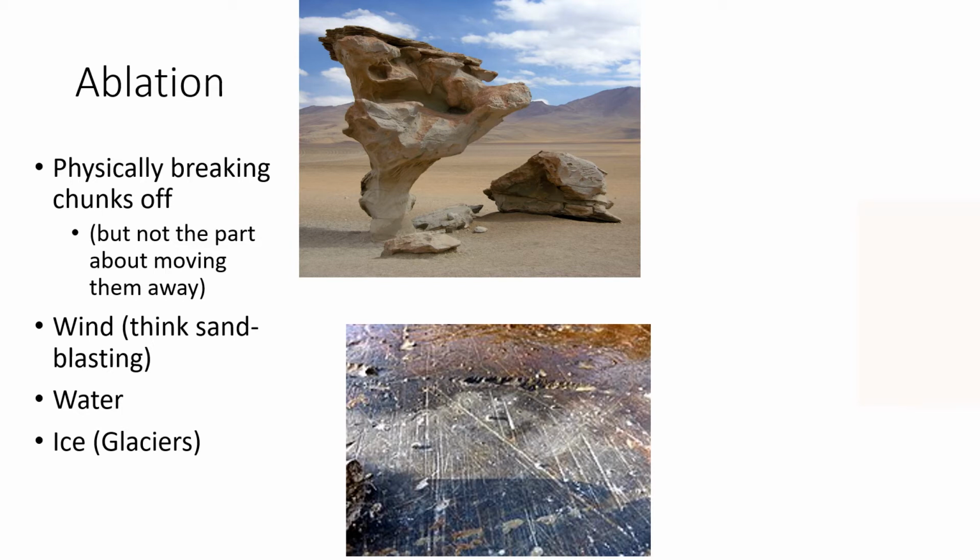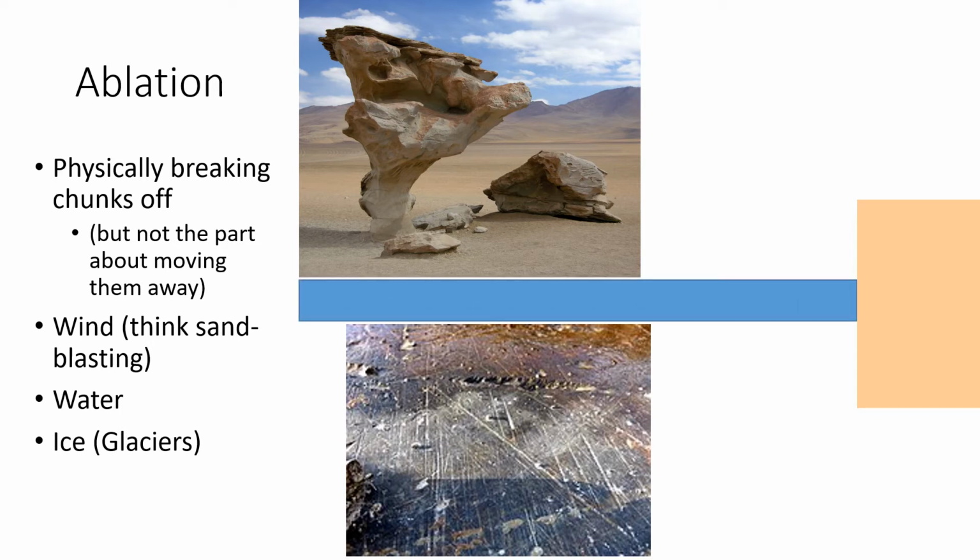So, a little animation here for the water part. Consider this to be like a big piece of rock. It's sitting there minding its own business, right? But we've got water flowing here. Remember that water we did on the slide a while ago? We put particles in it, and those particles are getting moved away by erosion. But while those particles are screaming along in the water, what happens when they slam into another rock that's sitting there minding its own business? Well, that slamming into it breaks chunks off of the rock, and that is an act of physical weathering.